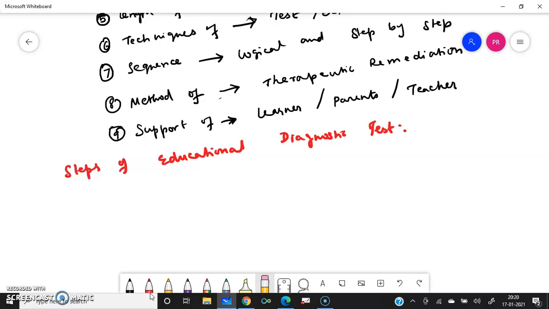Next one is determining the factors, reasons or cause. What is the cause of why the student is making mistakes? So you are going to find the factors, you are going to find the reason why the student is making mistakes. For that you are going to collect the data. What you are looking for is retardation in basic skills. The student is unable to do something like addition. For example, you are teaching polynomial addition, and the normal addition itself, the student is making mistakes. So the student lacks basic skills.